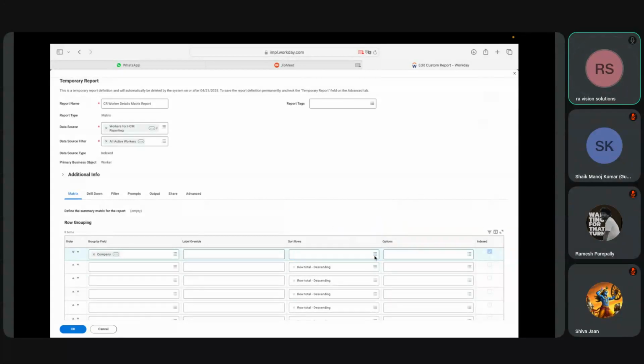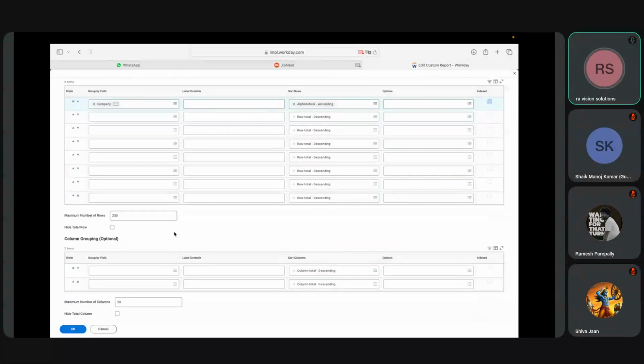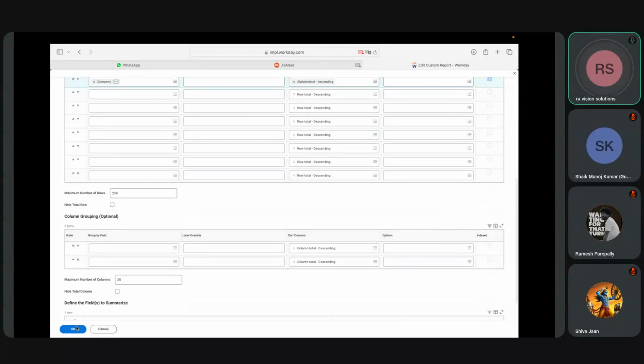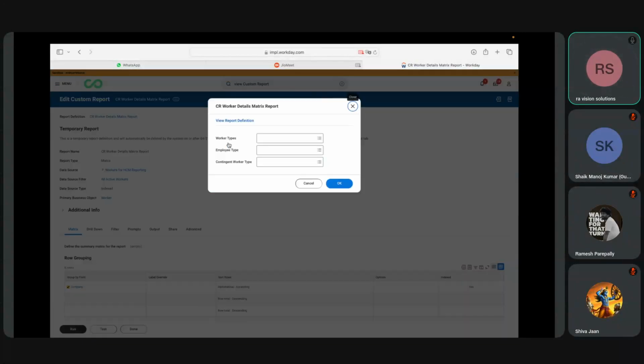First we'll see the default option, let's say alphabetical ascending I am selecting. So I'm just running the report and seeing how it is performing. All I have given is only the company name. So I want to see the details company group wise. These are the default parameters available in this data source filter. We have selected this data source filter, all active workers. In that, these are the different parameters which are already available: worker types, employee type, and contingent worker types. So when I click on OK,